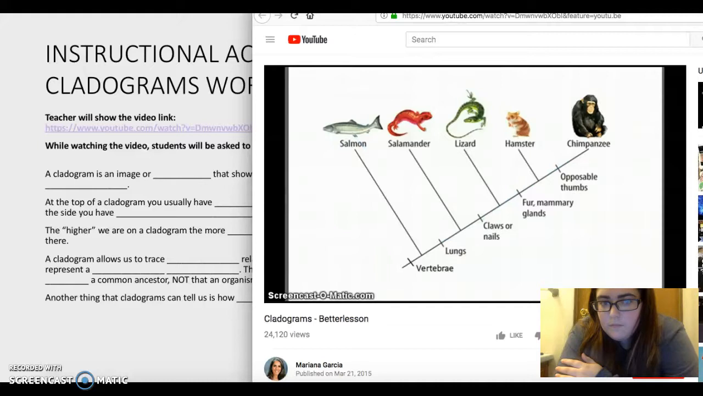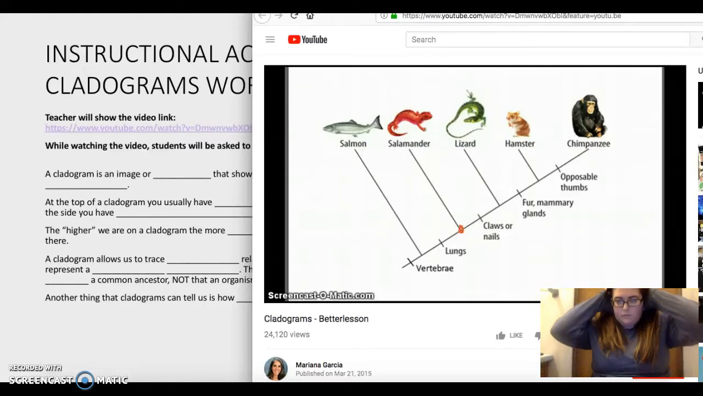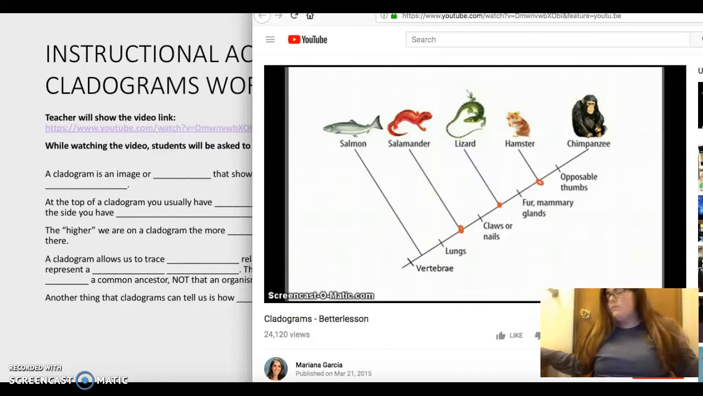We can continue this way and look at the next characteristic. Who has claws or nails? Well, all the organisms above this point, so only the lizard, hamster, and chimpanzee, but not the salamander or the salmon. Now, the whole purpose of placing organisms in a cladogram is that it allows us to trace evolutionary relationships. The points where the lines connect represent a common ancestor. So if we look at any